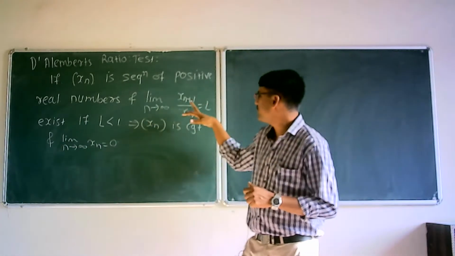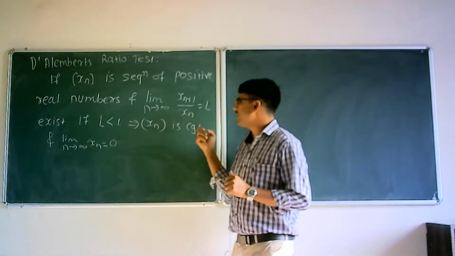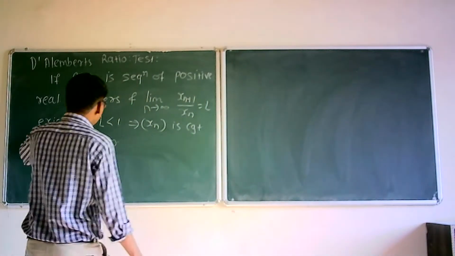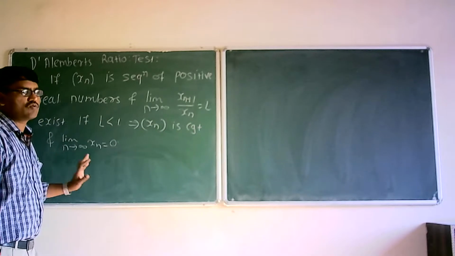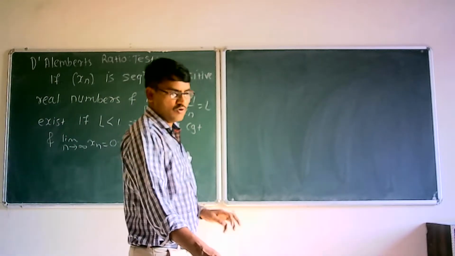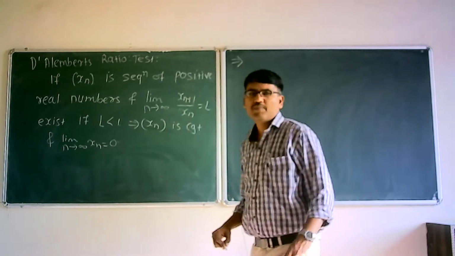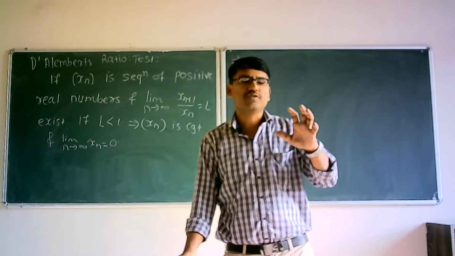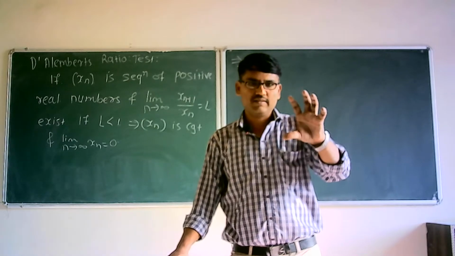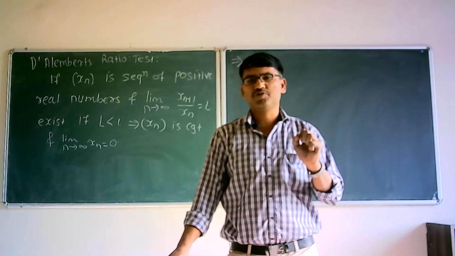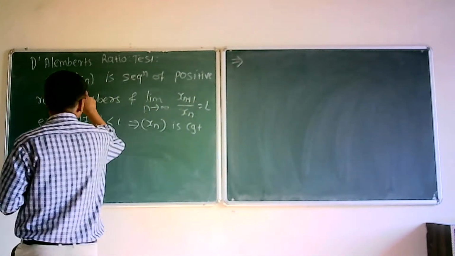So what this test says: if your sequence is a sequence of positive real numbers, and if the limit as n tends to infinity of xn plus 1 upon xn is equal to L, if this limit exists and your limit L is less than 1, then the sequence xn converges, and converges to what? 0. So if we want to prove this, again we have seen one theorem. If a given sequence is a positive sequence, then its limit is also positive. That is, if xn is greater than or equal to 0,